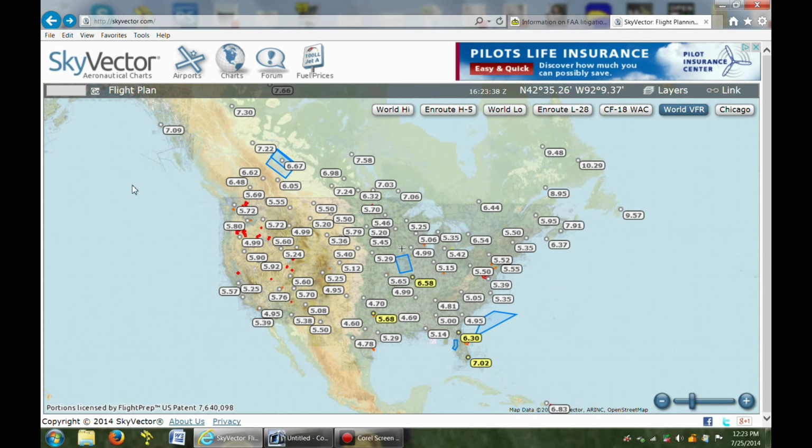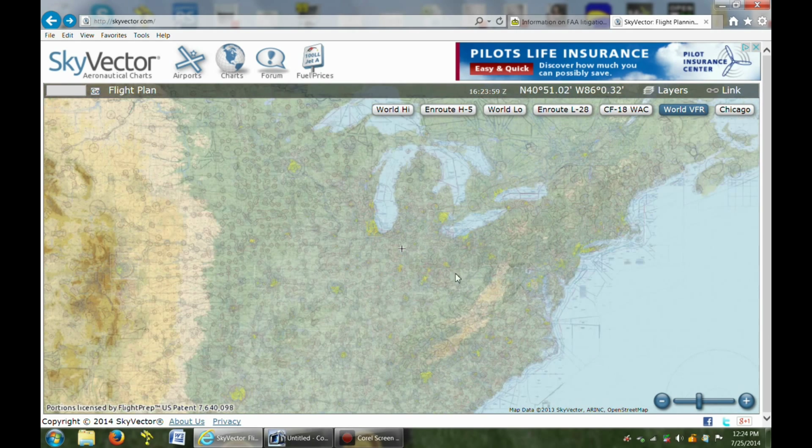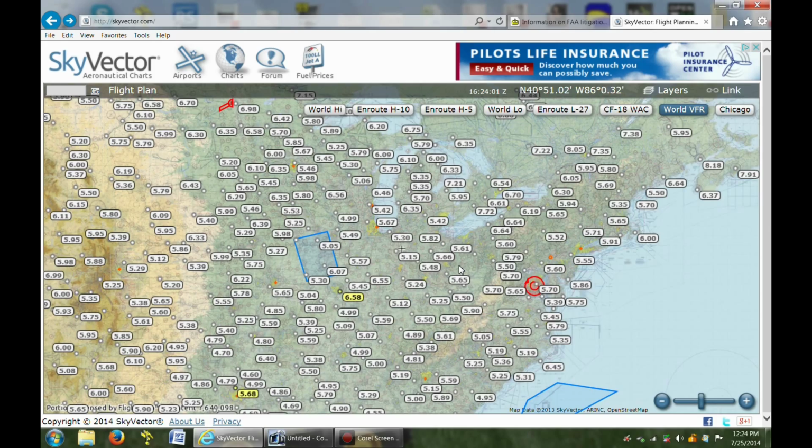But anyway, the first thing you want to do is go to this website here called skyvector.com and click on World VFR. This is a visual flight rules chart. There's a whole bunch of them and they stitch them all together, so it makes it easy to navigate. Then you click anywhere and use your mouse wheel to zoom in and out. I'll go to where I live,